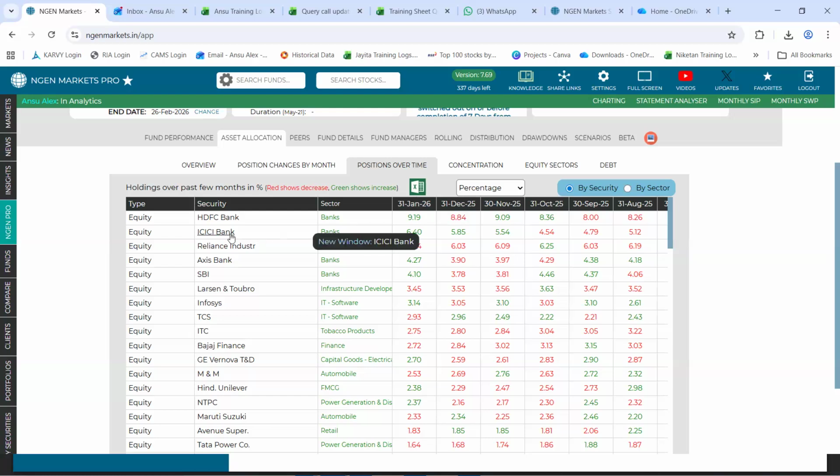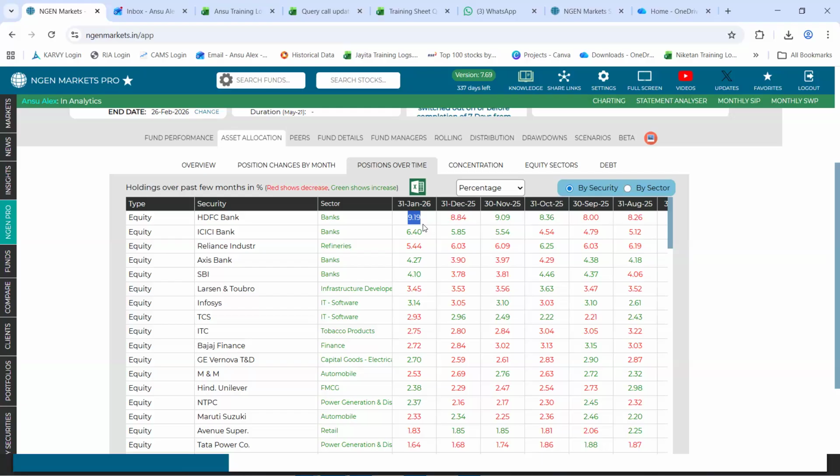So currently, if we focus on HDFC Bank as a stock, we could see that in consideration to the month of December 2025, the fund had a position of 8.8% of HDFC Bank in its portfolio, which was in turn increased in the month of Jan 2026 to 9.19%.